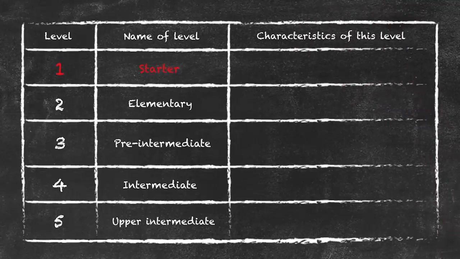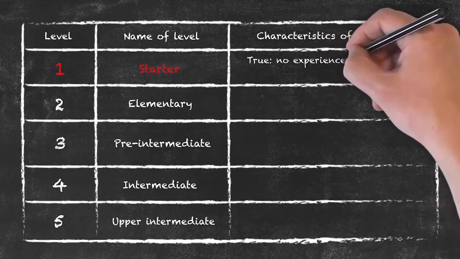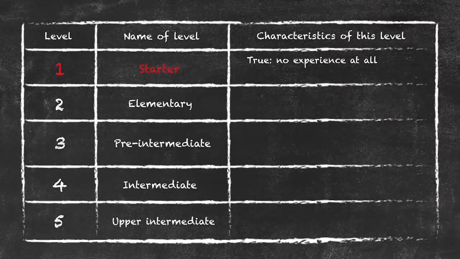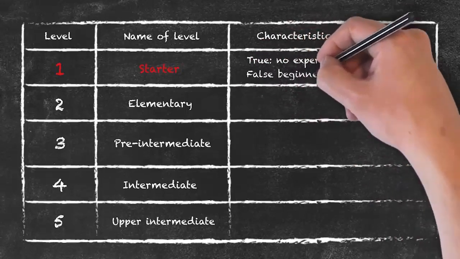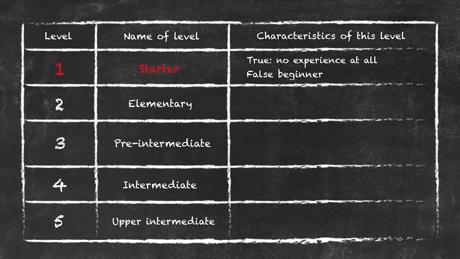Within the starter level, there are actually 2 categories. There are true starters, where they have no experience at all. If you can think of a language that you have absolutely no experience in and can't say a single word of, then you are a starter in that particular class. There's another category within this one, though, which we call the false beginner. And the false beginner has actually had some exposure to the language, be it through TV, radio, perhaps they've met tourists in a particular destination, and so on and so forth. Or, indeed, perhaps they've been taught this language a long time ago and have not used it for a long time, but they're still in the starter level.